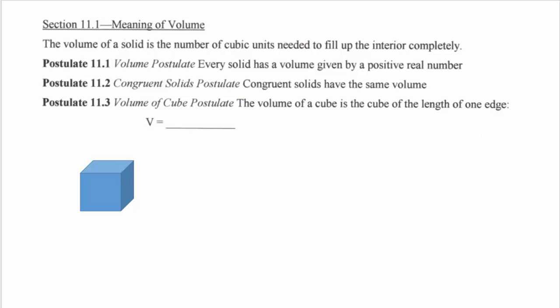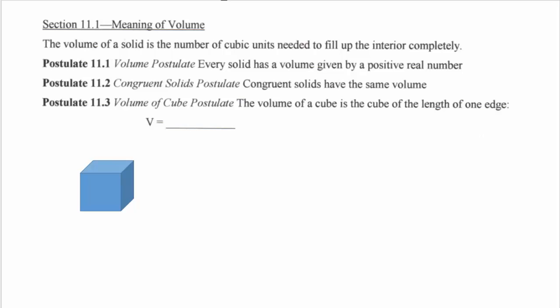Postulate 11.2, the congruent solids postulate: congruent solids have the same volume. Obviously, if you have two boxes of the same size, they're going to have the same volume. Two spheres of the same size are going to have the same volume. And postulate 11.3, the volume of a cube postulate, says the volume of a cube is the length of